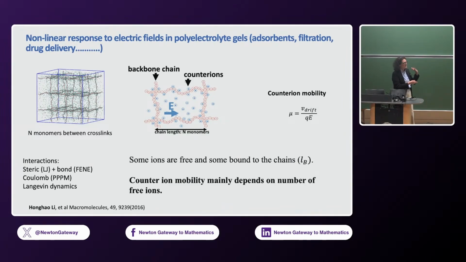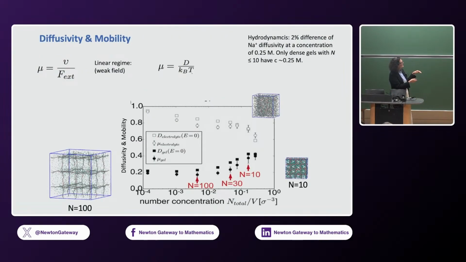So gels also are industrially very important, as I showed in the example, and they have very similar features to what I told you before. But here you have water or a solvent, and the chain has charge, and you want to calculate the mobility. In this case, it depends on the number of free ions. And if you plot the diffusivity and mobility in the linear response regime, you can see the scaling. But opposite to simple electrolytes, where if you increase the concentration, the mobility decreases,